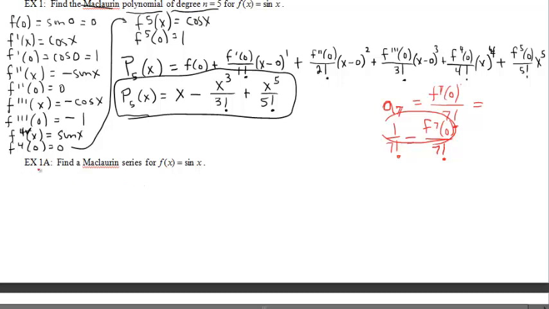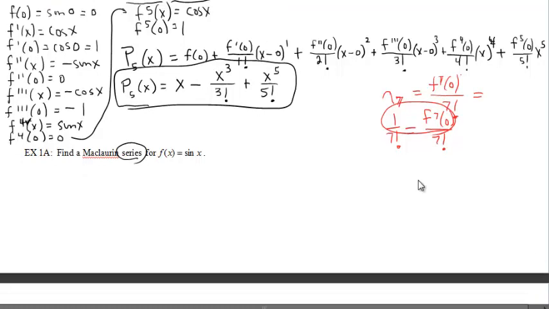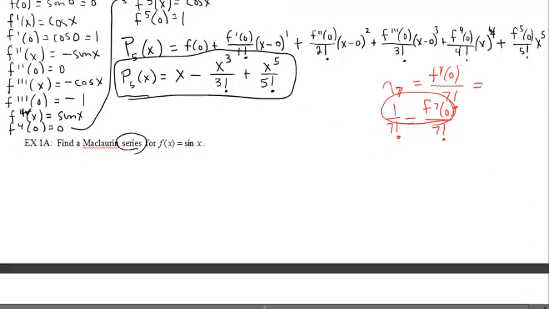So example 1a, find a Maclaurin series. So the only difference is we're saying series now. Well, you'd go about producing the series the same way we did here. You just wouldn't call it a polynomial. So just stealing what I had up here, if I'm going to create a series,